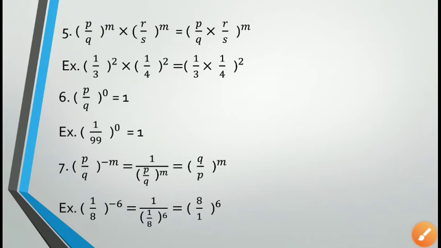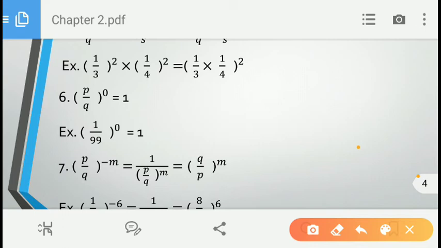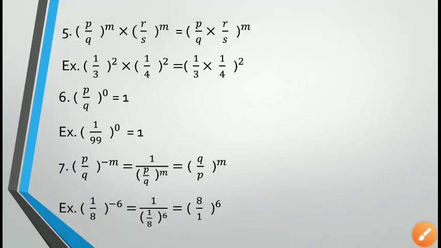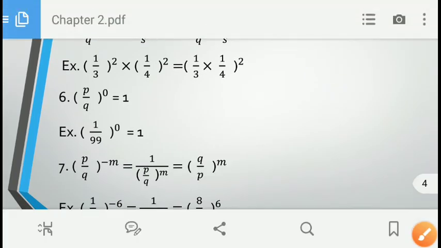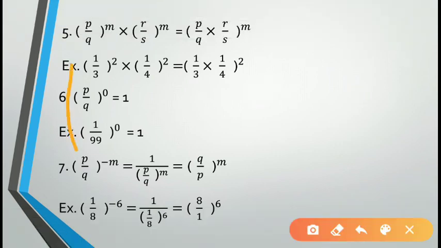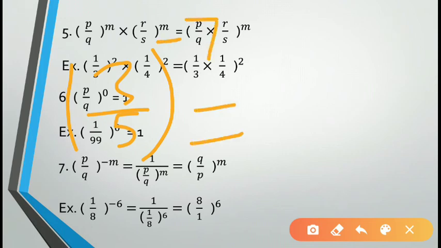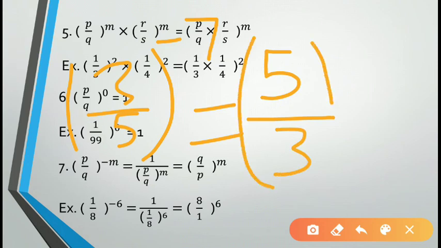Let's take one more example. Suppose 3/5 to the power minus 7. Okay, you want to convert this minus 7 into plus 7. Here the denominator is 5. You write 5 into the numerator, and this numerator 3 into the denominator, and in place of minus 7 you just write 7.